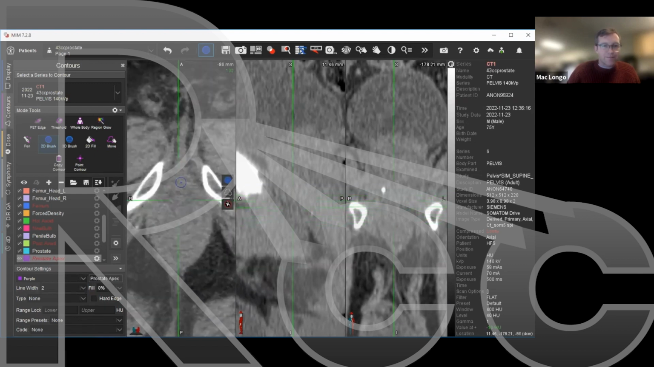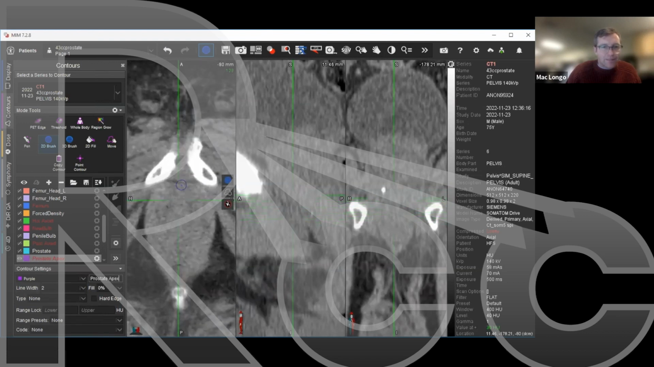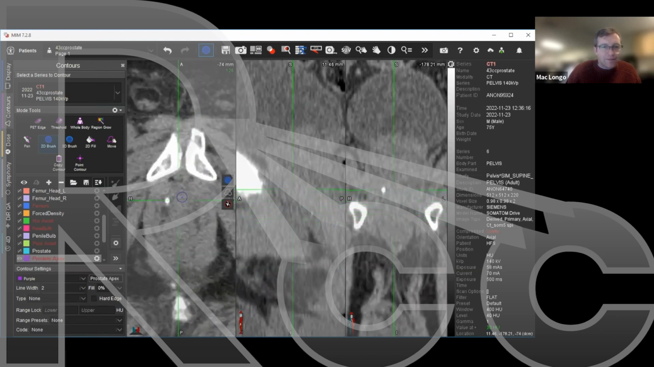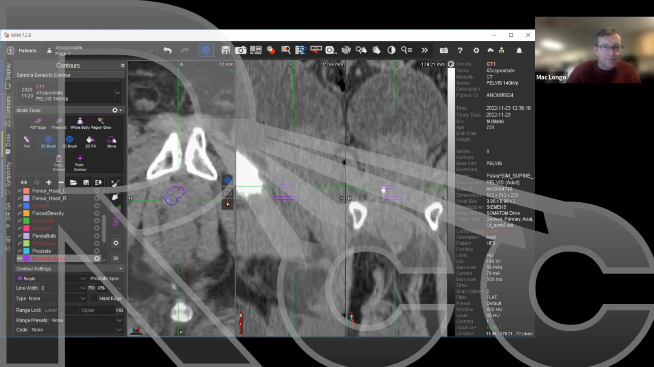My mouse is running backwards here, so it's counterintuitive to where I need to go. But you see here, there's not much of a difference between this tissue. Why couldn't that be prostate? It looks pretty similar to the way prostate appears up here. They're pretty isointense, but